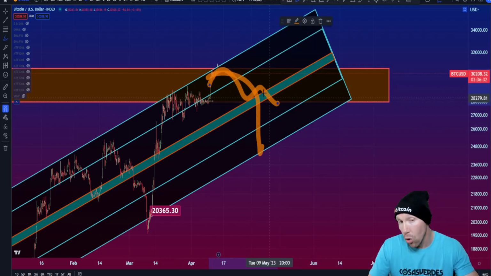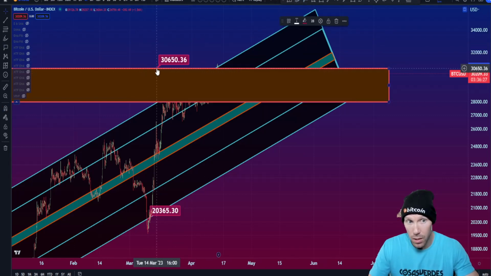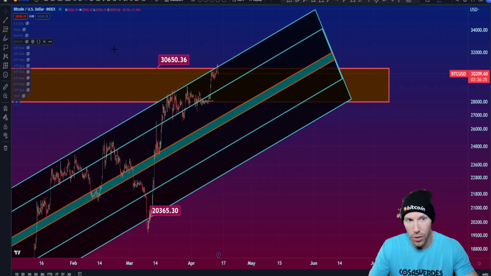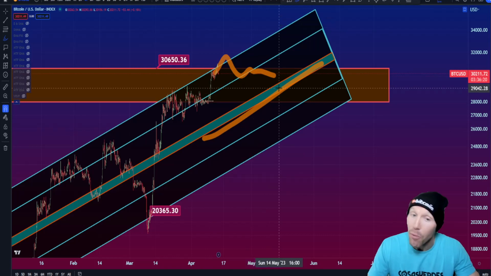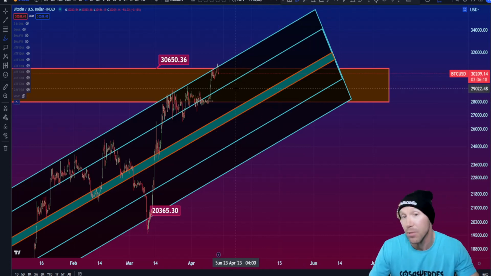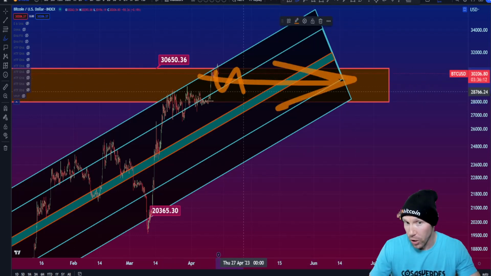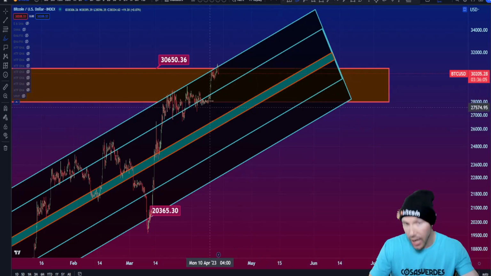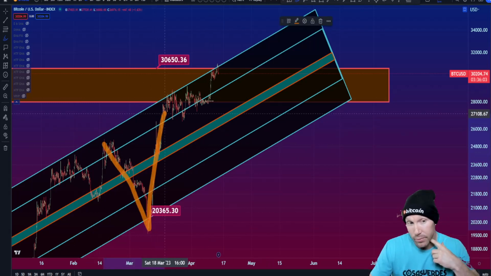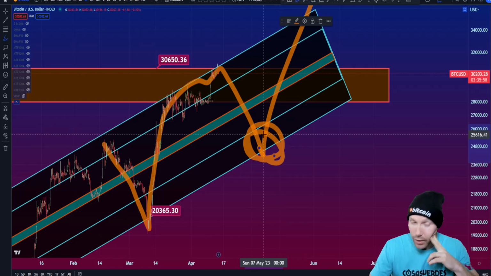But if Bitcoin can hold on and begin using this exact level as resistance, 30,600 or so, if it can't get over there, then it's going to start using channel lines as resistance. Then that will be double resistance, and it'll probably get trapped over the long term. So if it goes sideways slowly, that's probably worse for Bitcoin. Usually that's good, but this is saying it would be bad. Right now, this is saying it would be better for Bitcoin to do one of these again, a very volatile one, and it would not be bearish. I'm telling you, it would not be bearish yet.